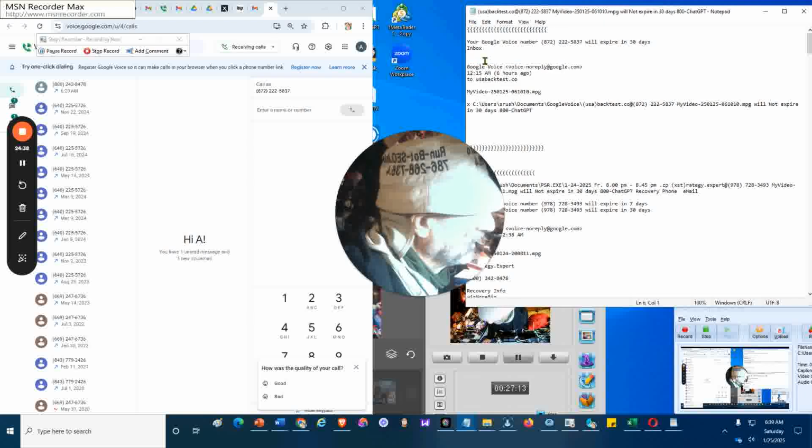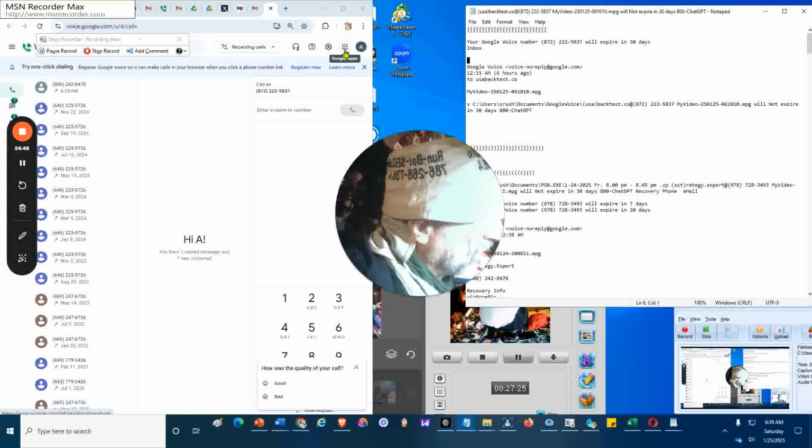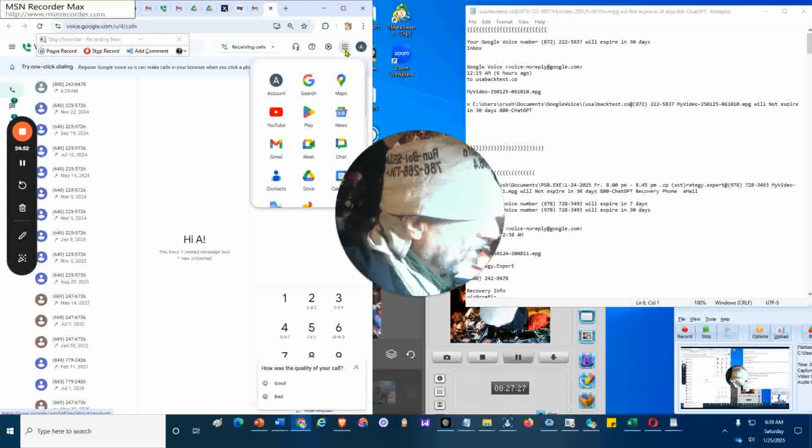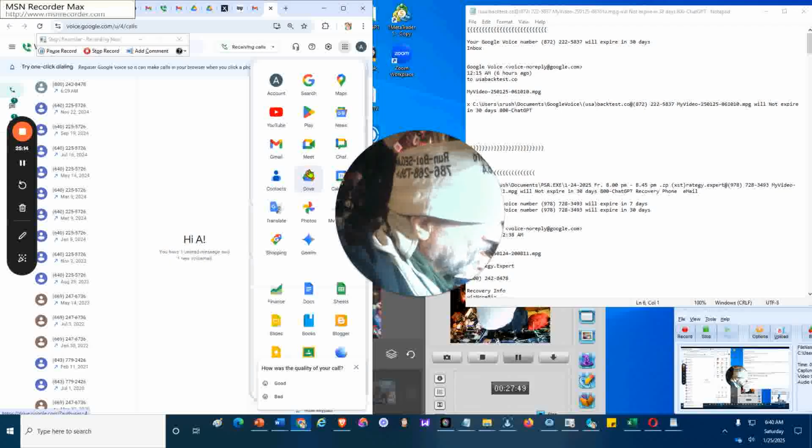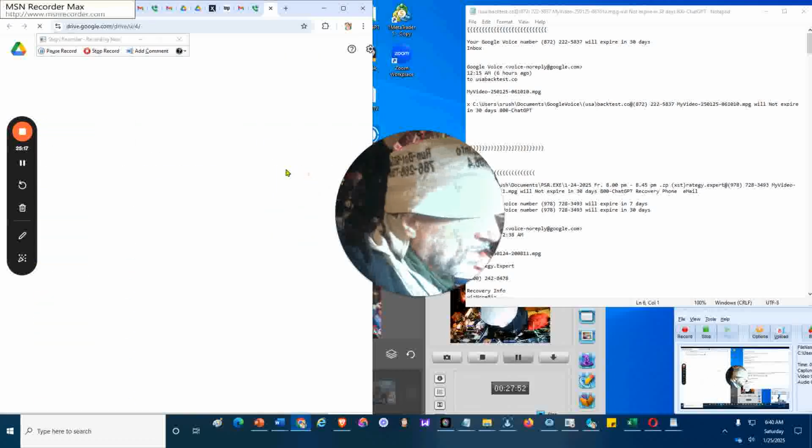save again. And now I'm going to try to navigate to Drive. So I'm placing the cursor on the Google Apps, and then I'm trying to select the Drive icon, which is a colored triangle with the word Drive on the icon. And notice when I place the cursor on it, it turns from an up arrow to a pointer, to a finger pointing. Then I click the left mouse to get into that